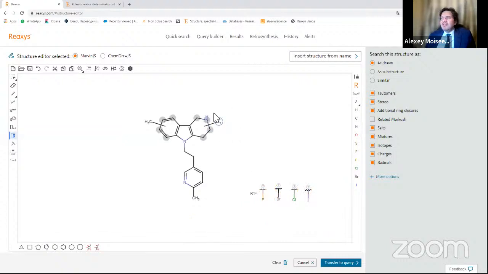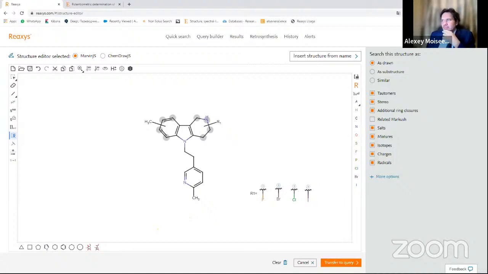So it will be very clever. It will one by one place on this position these several groups that are interesting for you. You can place to this position everything that you want. I just want to show you that Reaxys is very flexible in searching the information.